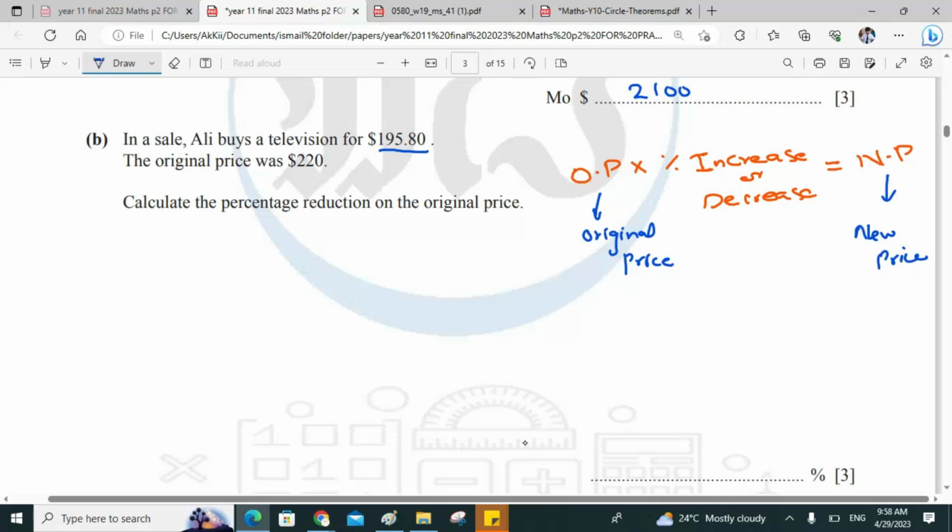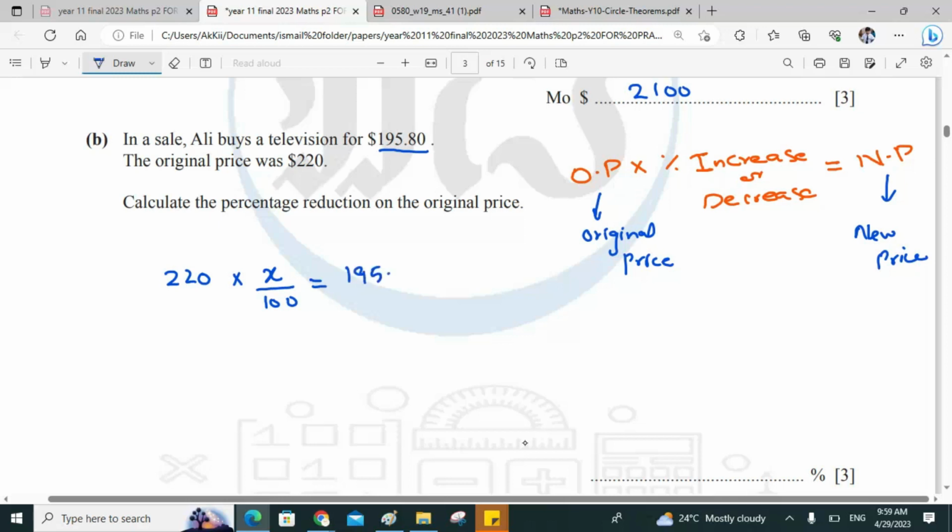It is saying that Ali buys a television for this much. The original price is this much. So you put these values in this equation. You just have to remember this formula. Original price is 220 multiplied by percentage increase. You don't know it, so you simply write it as x upon 100, and that will be equivalent to